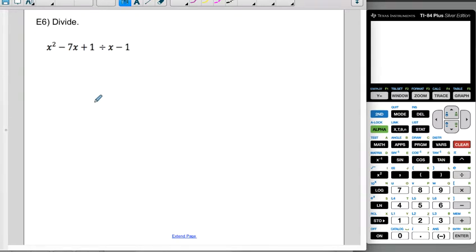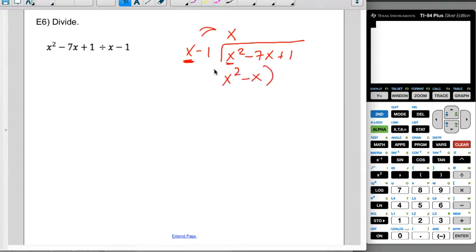All right, let's go ahead and walk through some examples. So we're going to go ahead and divide this. I'm going to do less of the color switching moving forward just because it takes an awful lot of time. So go ahead and write this out. I'm going to have to ask myself, what do I multiply this x by to make it look like an x squared? And the answer is an x, and then I distribute the x to both of them. So I get x squared minus x, but then I subtract straight down. Well, x squared minus x squared is gone. Negative 7 minus a negative 1 would be negative 7 plus 1, so that's a negative 6x,